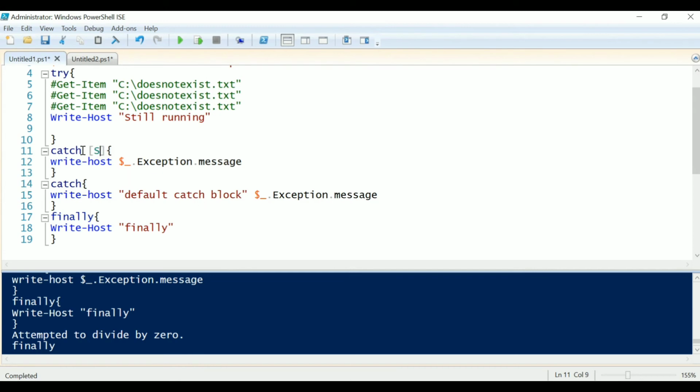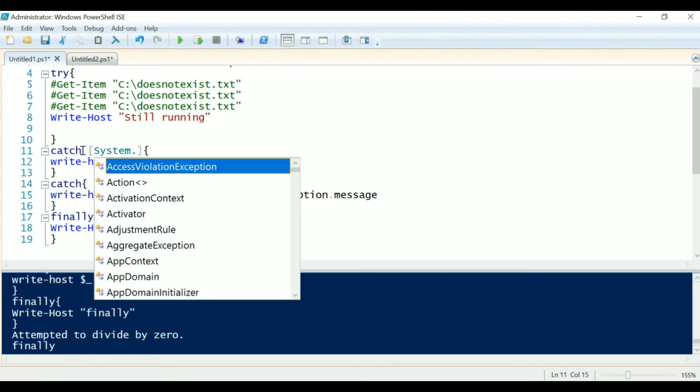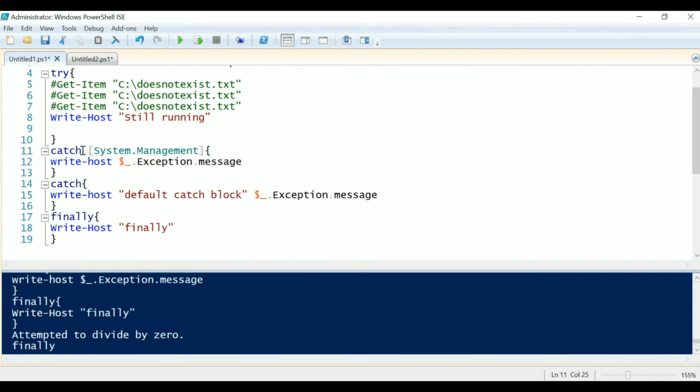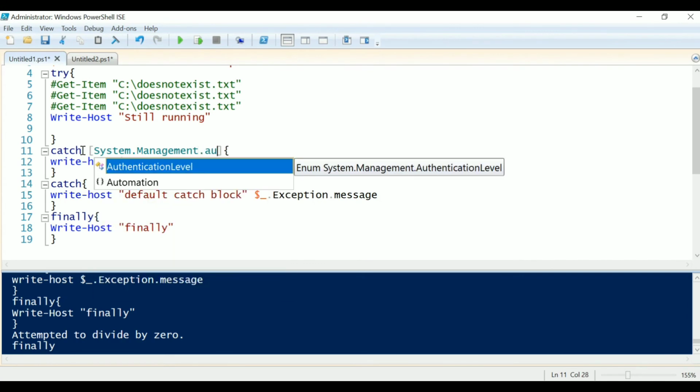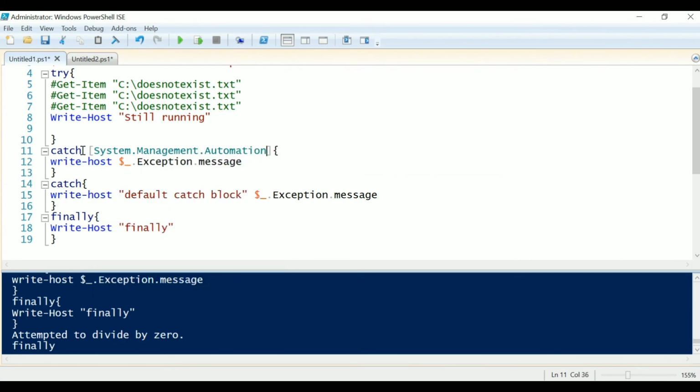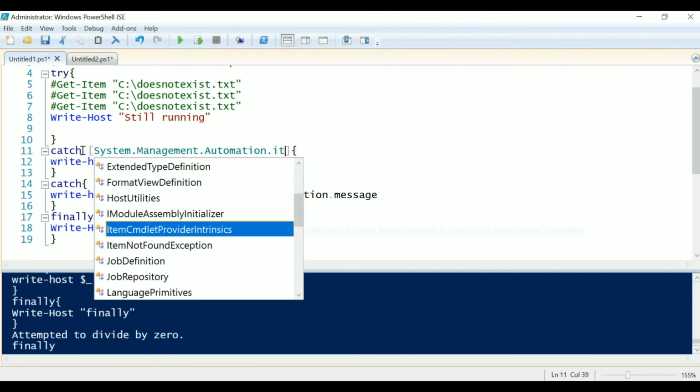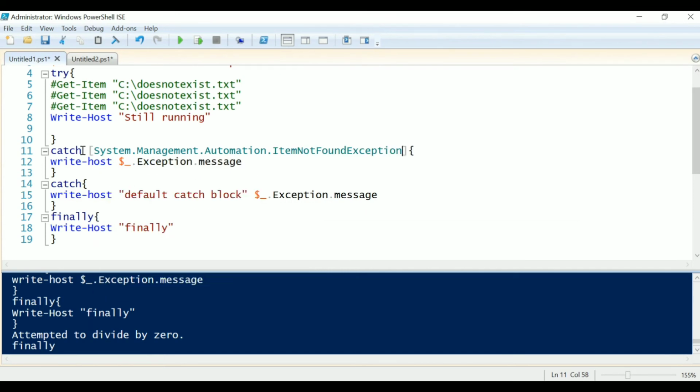As we are getting an item not found exception, I'll write the type System.Management.Automation.ItemNotFoundException. So let me uncomment this line.